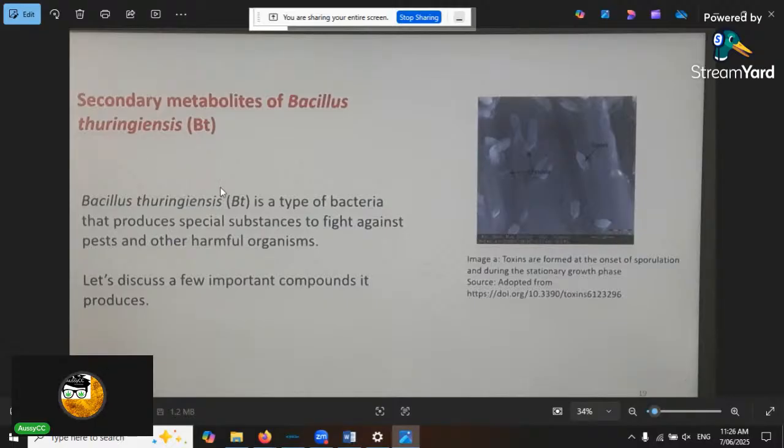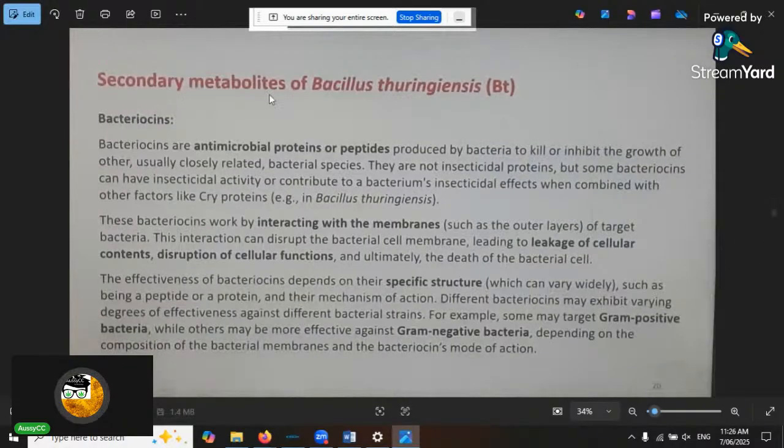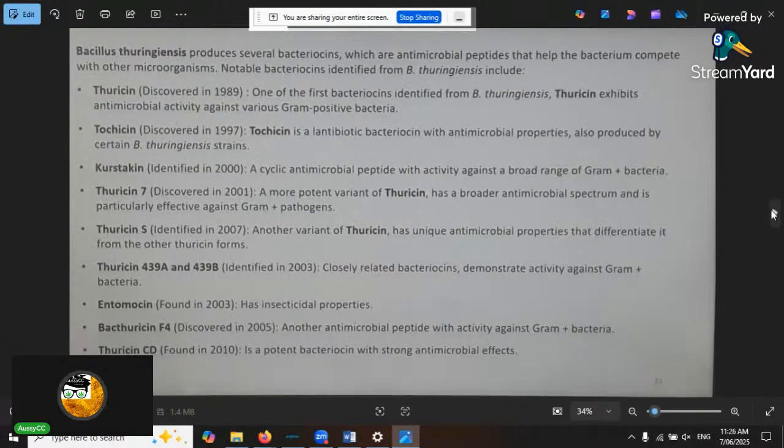So Bacillus thuringiensis is a type of bacteria that produces special substances to fight against pests. It works very widely, I use that one. It also puts out indole acetic acid, which is an auxin phytohormone. Bacteriocins, I'm not going to read all that. BT produces several bacteriocins, so all these are beneficial. We're all different types, but